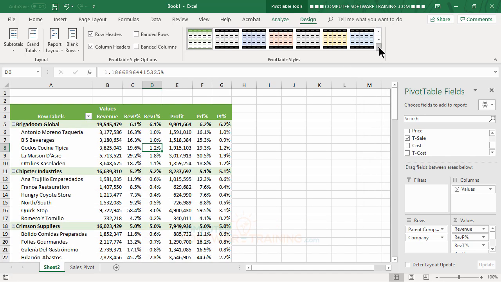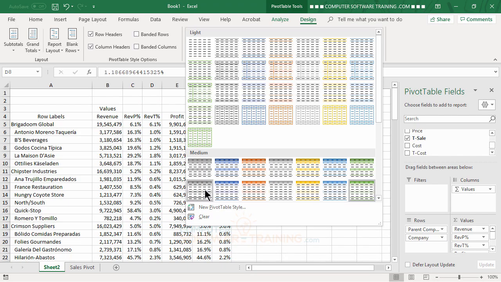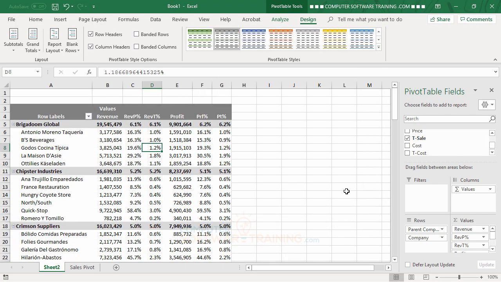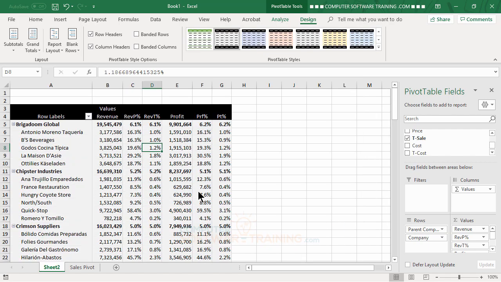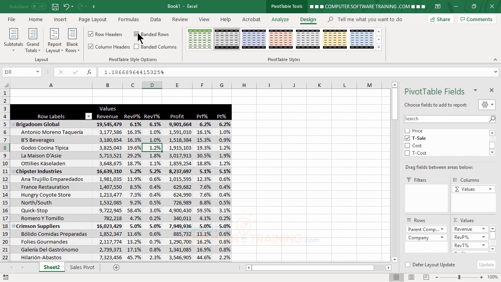Now, I think what we'll do, maybe pick that one there. Now, maybe even the, I think the third one here. We'll do this one here. So we can do that one there. We can also then do the banded rows on it, kind of give it kind of an every other kind of color there. Now, the reason why I'm doing all that is that I also want to kind of differentiate